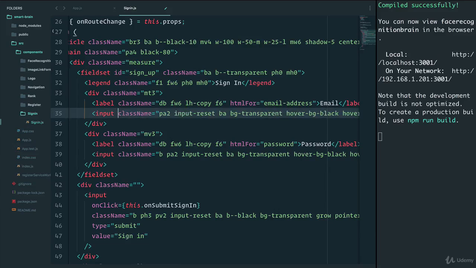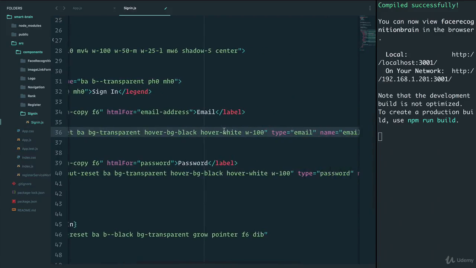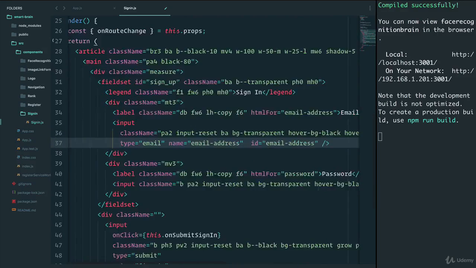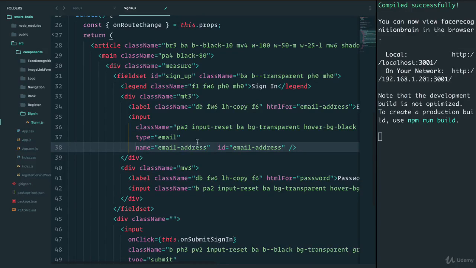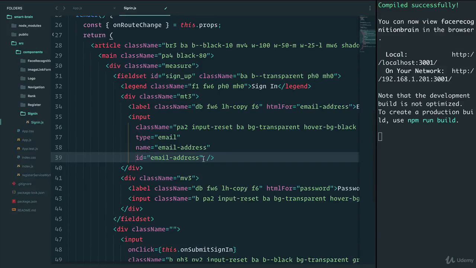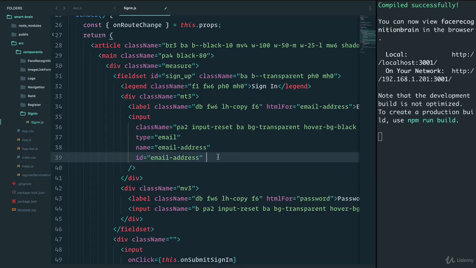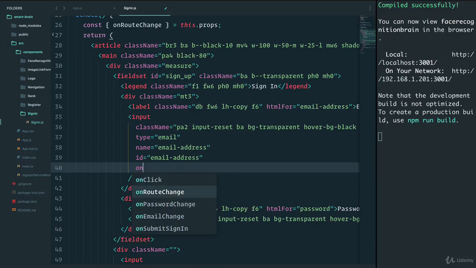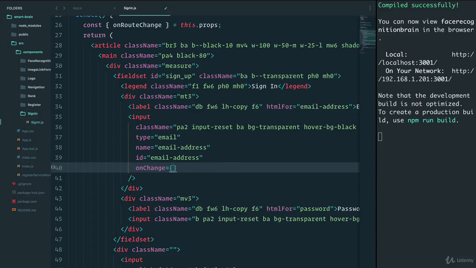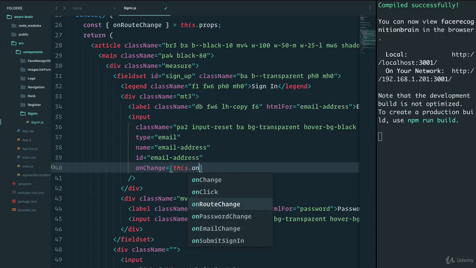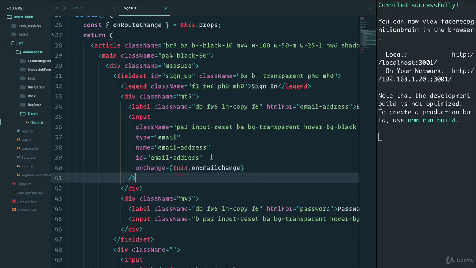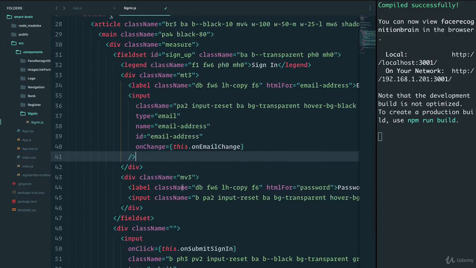And you know what? Let's add these on new lines just so it's cleaner. Otherwise, it can get pretty messy. There you go. And now I can say on change, and on change will take this dot on email change because this is the email. And the next one